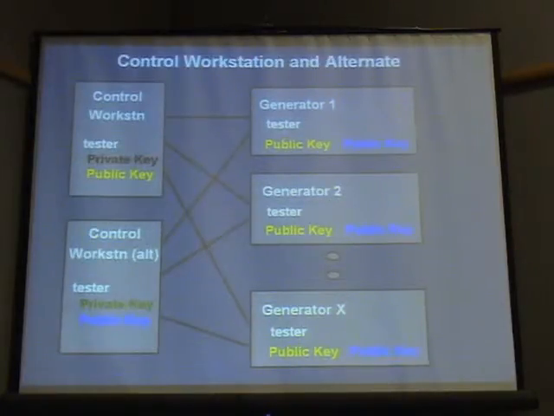Since there is a lot of work here in setting this up, you might want to consider setting up an alternate control workstation. Again, on this, you generate a public key pair and distribute the public key, which you see here in blue. This is the only one where I use ASCII color coding for those of you who are chromatically challenged. So you distribute the public key and then you have an alternate control workstation as a